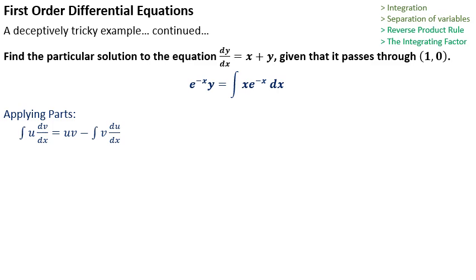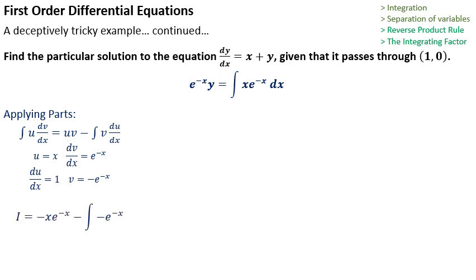But now that means we need to identify which bits in our integral will be u and dv by dx. And this choice is generally made for us. We look at the integral, and unless you've got ln involved, we normally choose the bit that's going to get simpler when you differentiate it to be the bit we differentiate. In other words, u. So we'll set u equal to x, and dv by dx will therefore be e to the minus x. When we differentiate u, we get 1, and when we integrate dv by dx, we get minus e to the minus x. Then we substitute those back into the parts formula,